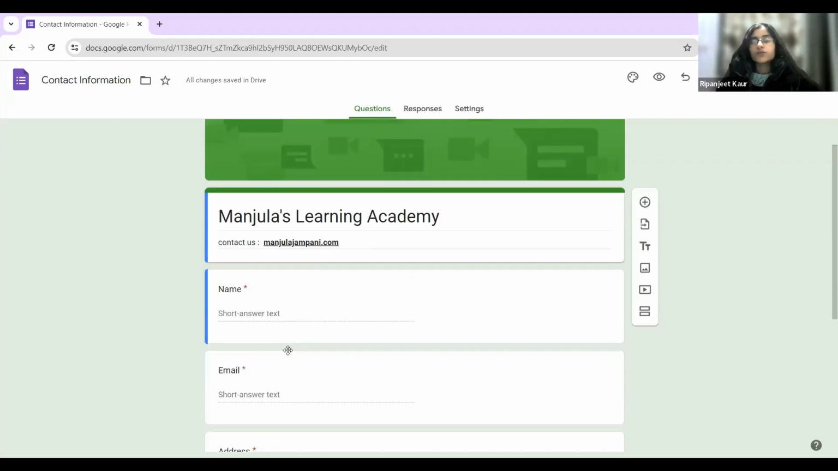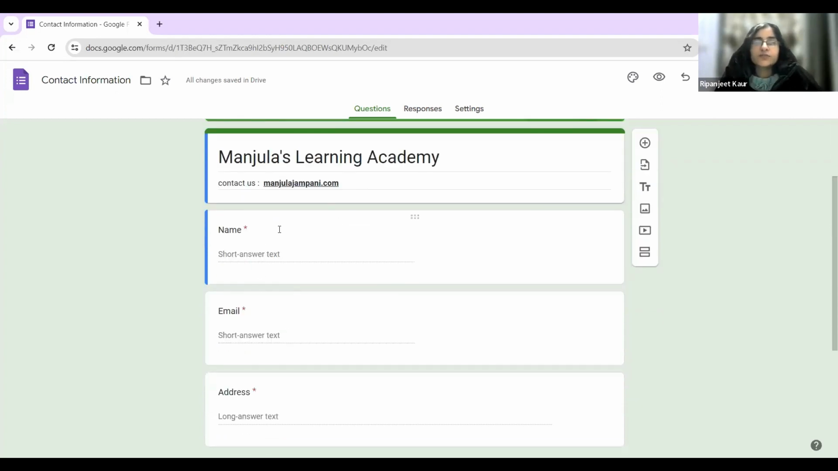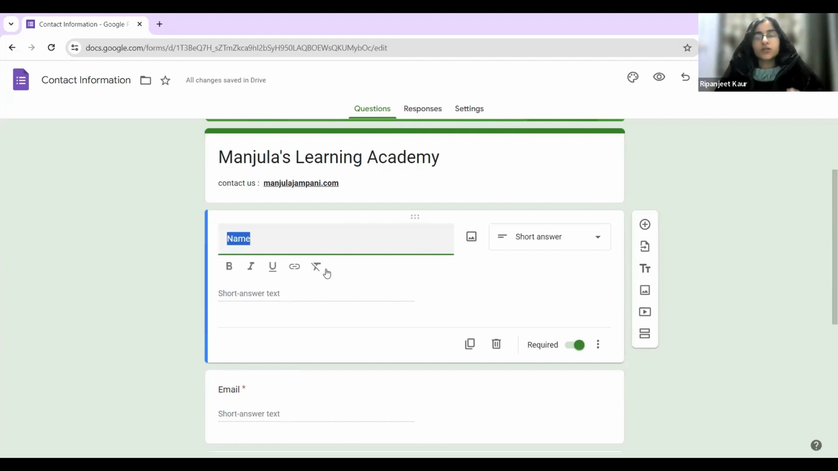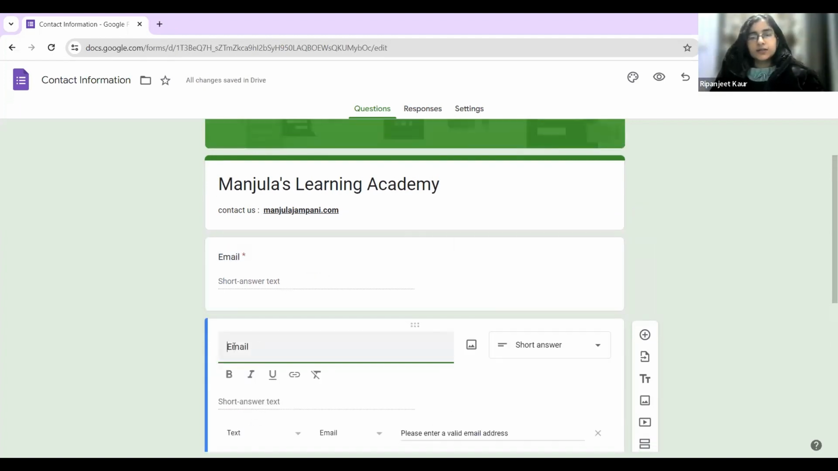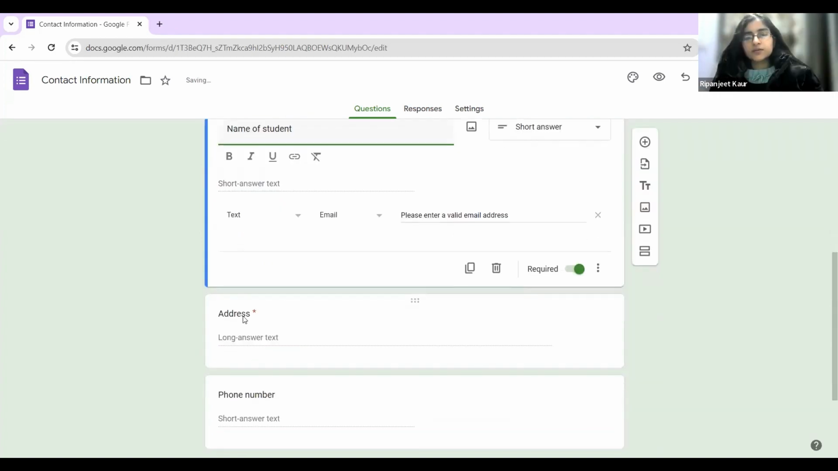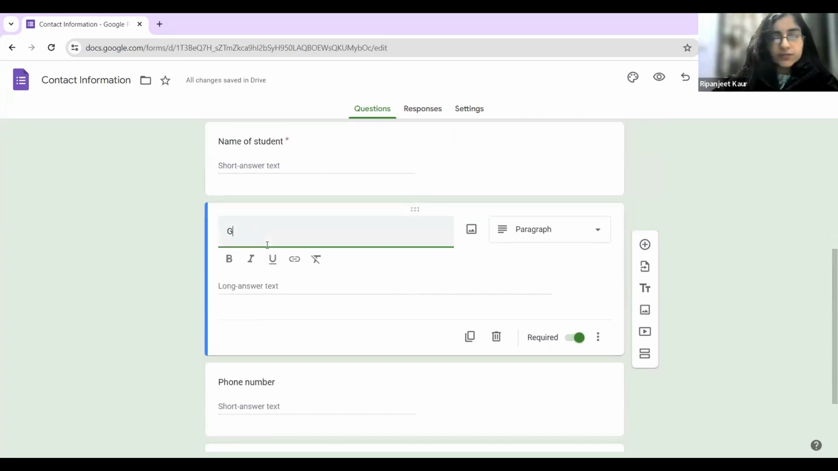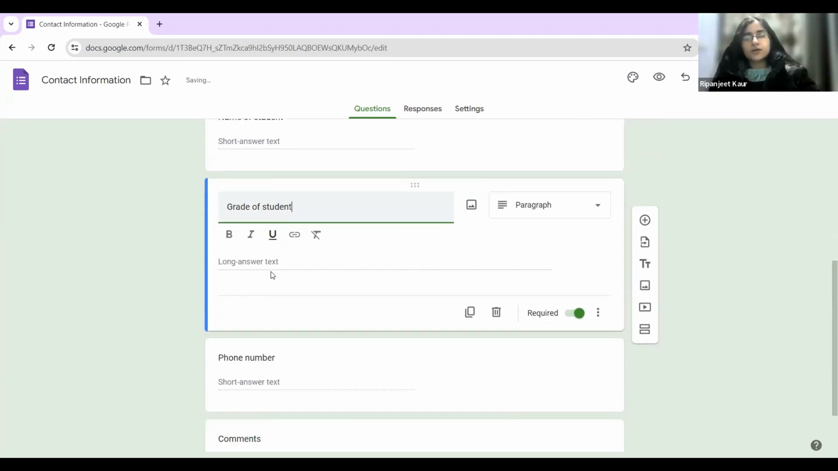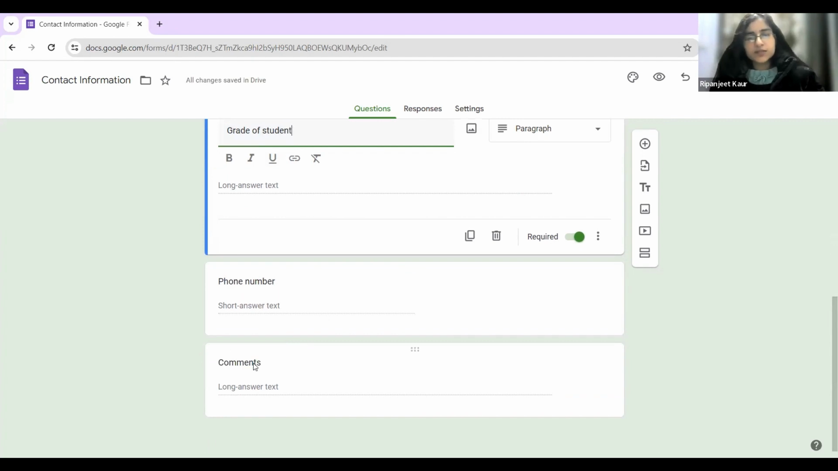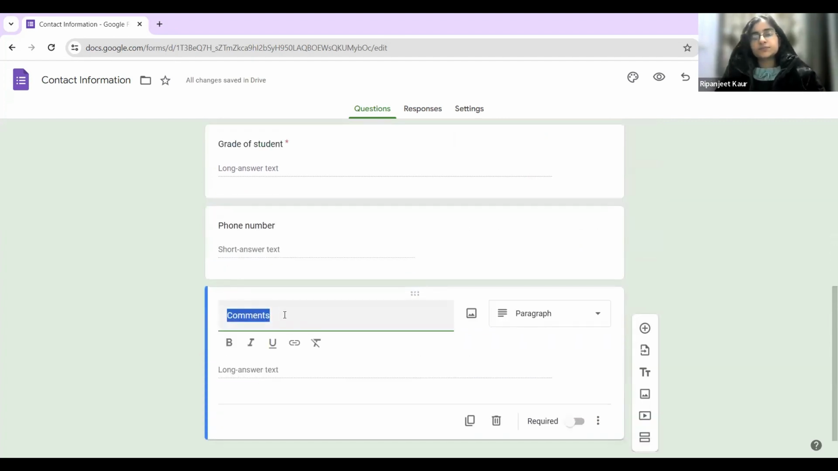Now what information do we need? For example, first we will need the information of email. I want the email first. Email. Then name of the student. Grade of student. Then phone number, yes. Then we can say